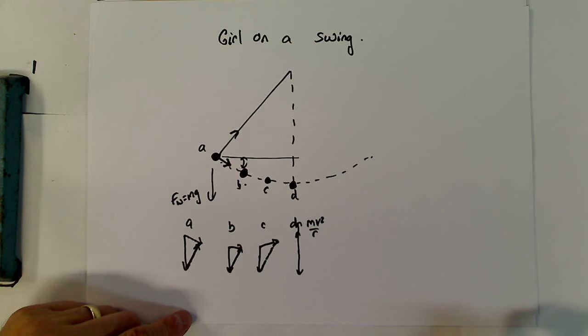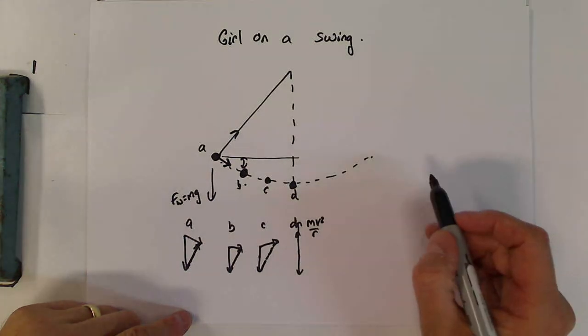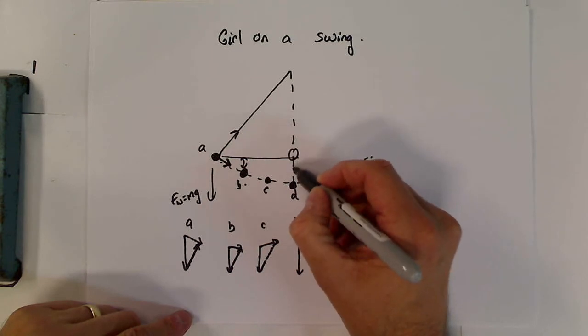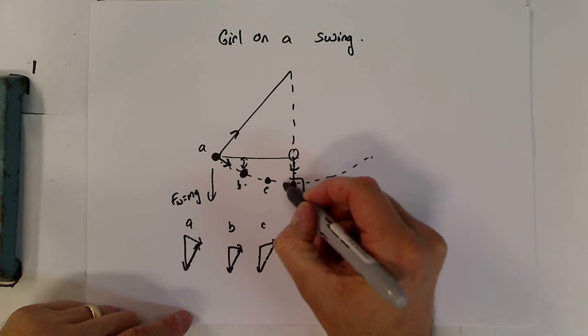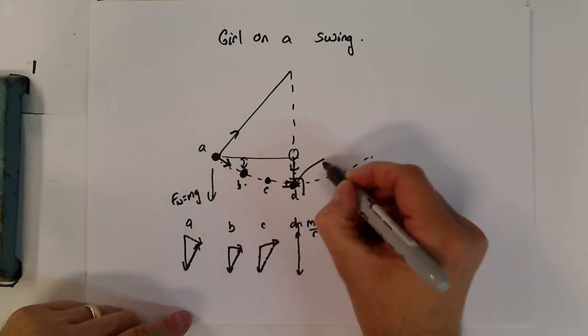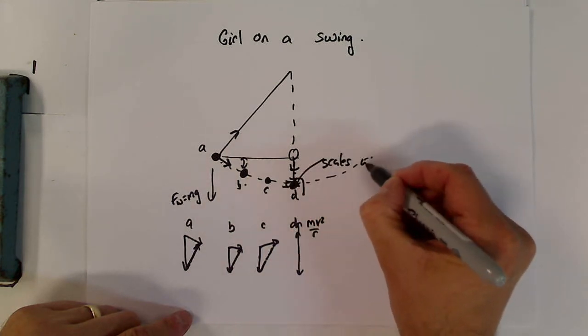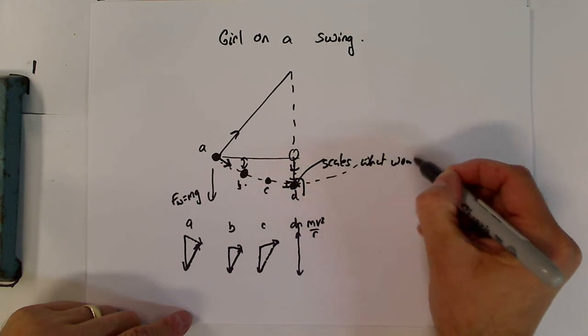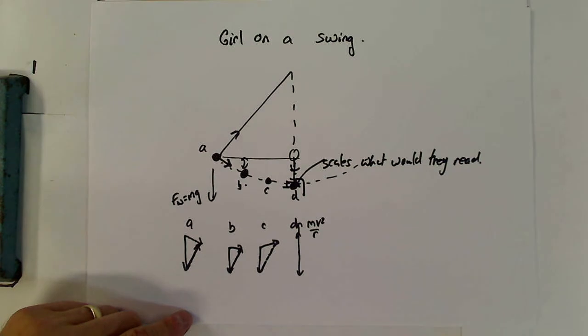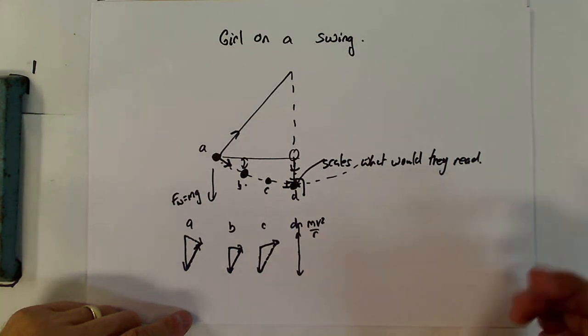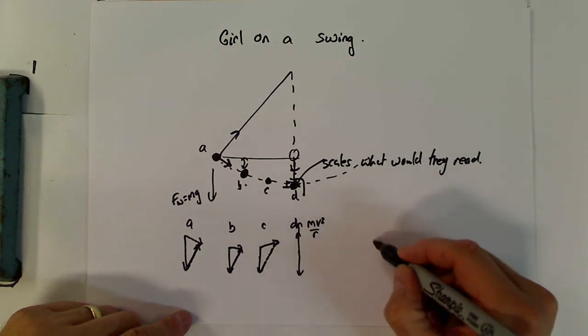So if we were to ask ourselves, what is the reading going to be on a set of scales? If we actually had a girl sitting on a swing here and we put a set of scales there, what would they read? That's one of the questions that you could be asked. Normally you'd know that the scales are going to read her weight force. So if she was 60 kgs and we were using g equals 10, they would read